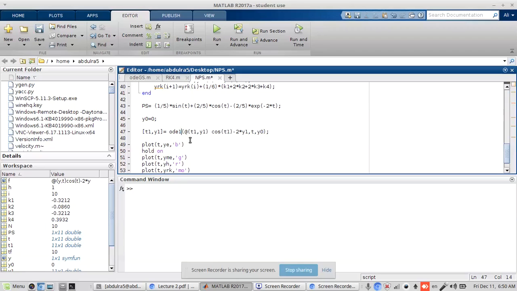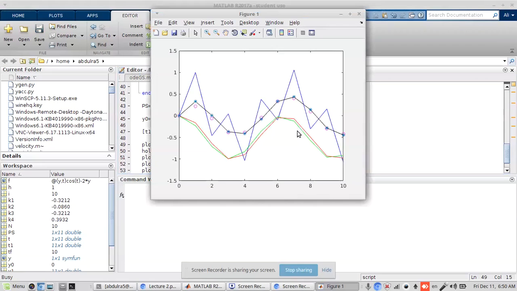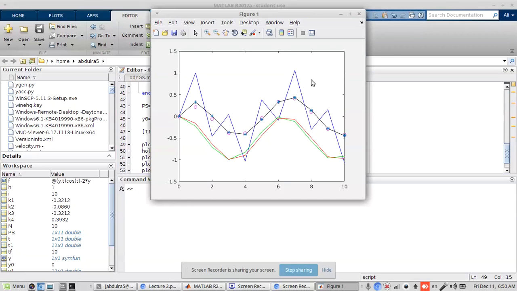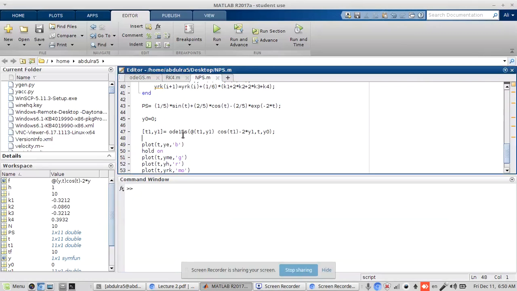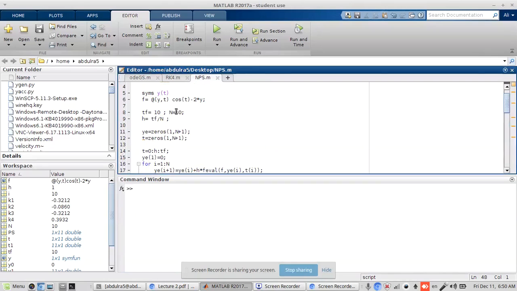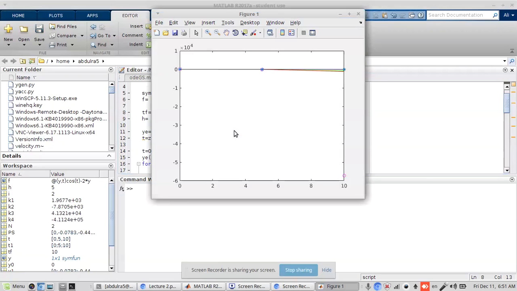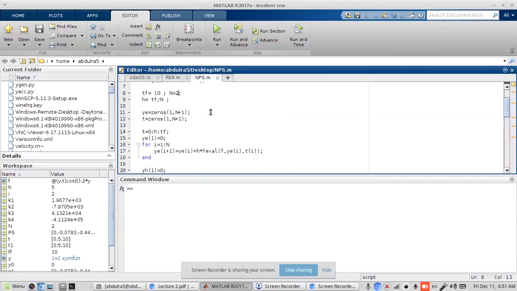ode45, sometimes for stiff, if I have stiff ODE, that means I want a very tiny h in order to get stability, otherwise it's not stable. So it seems here is stable. Why? Because there is no error here. So even with the n here, it's stable. Let's make it 2 and see. Still something here. Anyway,